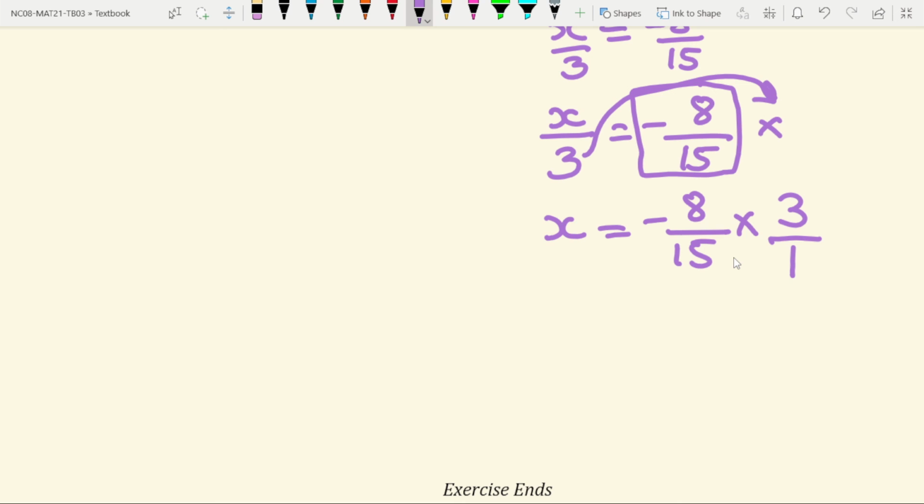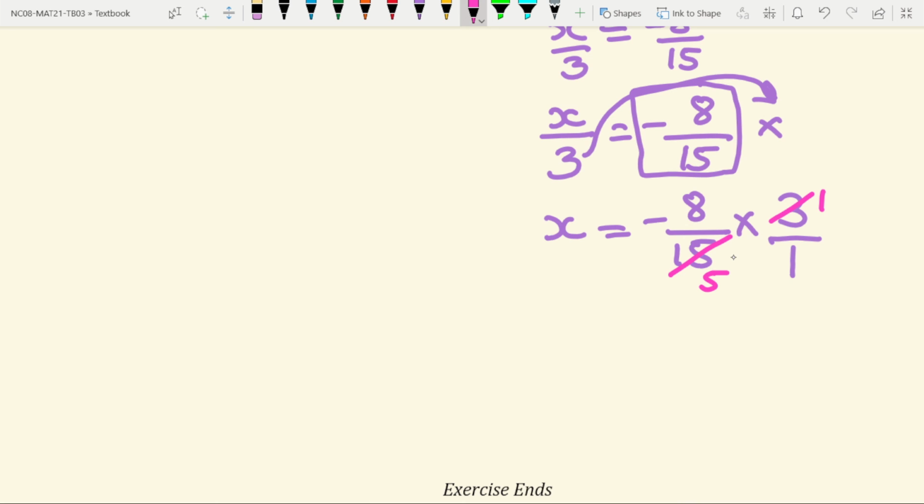So before multiplying both these fractions, we will try to simplify. In order to simplify, we will try to cancel numerator and denominator. 8 and 15 cannot be cancelled because they are not present in the same number table. But 3 and 15 are present in 3's table, so we can cancel 3 and 15. Always cancel numerator with denominator. 3 is in the numerator. 3 1s are 3, 3 5s are 15. Now we will try to cancel 8 and 5. We cannot cancel 8 and 5. 5 and 1 cannot be cancelled. 1 and 1 cannot be cancelled. 1 and 8 cannot be cancelled.